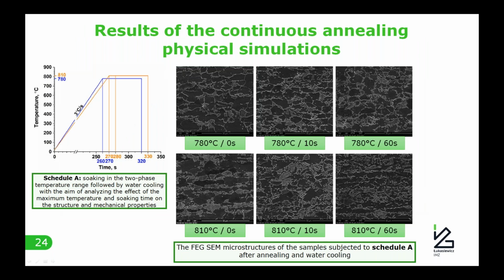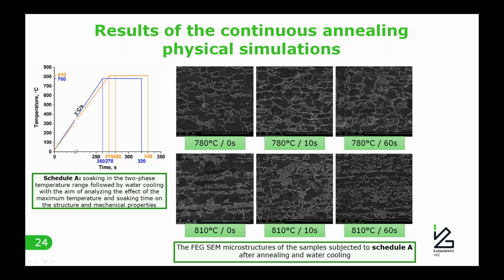On this slide, we can observe FEG-SEM structures of the samples with increasing soaking time ranging from 0 to 60 seconds at 780 centigrades and at 810 centigrades. Quantitative analysis of structural constituent components shows that an increase in the soaking time from 0 to 60 seconds at both temperatures leads to an increase in the martensite plus bainite area fraction from 17.6% to 25%, and from 24.8%